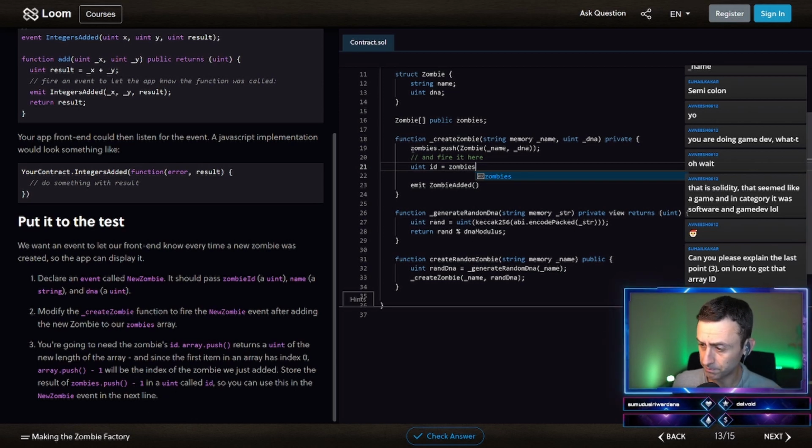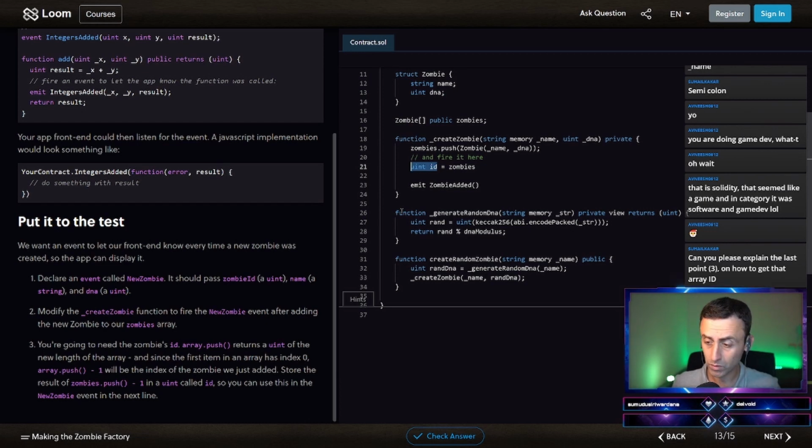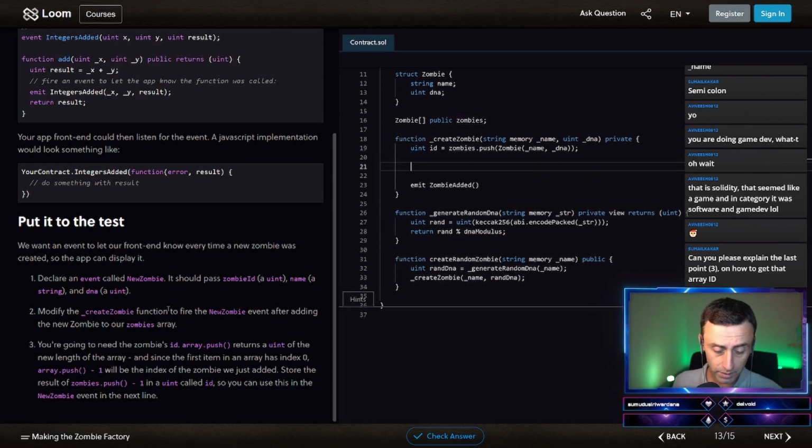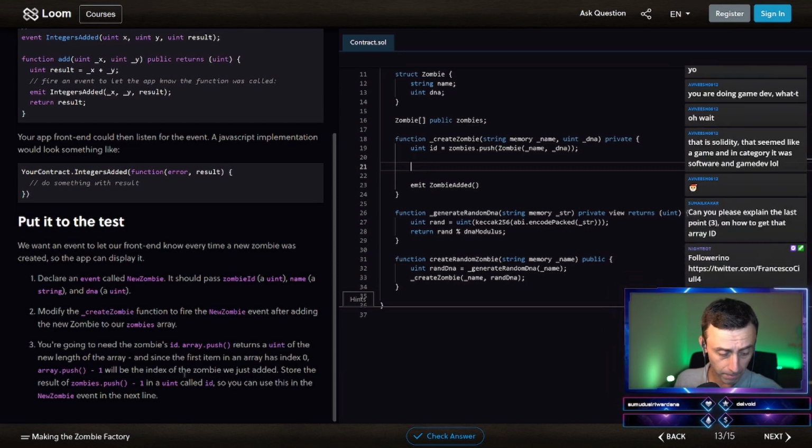Okay, so it is Ctrl X. We need to store this here. Can you read? Only want it bigger. Uint id. So we need uint id equal to zombies dot push. So we need this id, but I think that we need to minus 1.